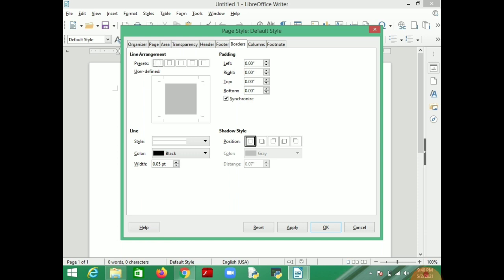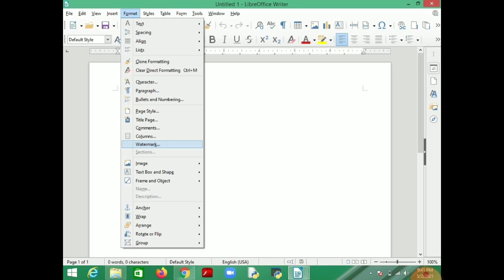You can do padding too. Padding means left, right, top, bottom, you can choose how much spacing you want. So this way you can change the page style and make a border to your document by using the page style option.